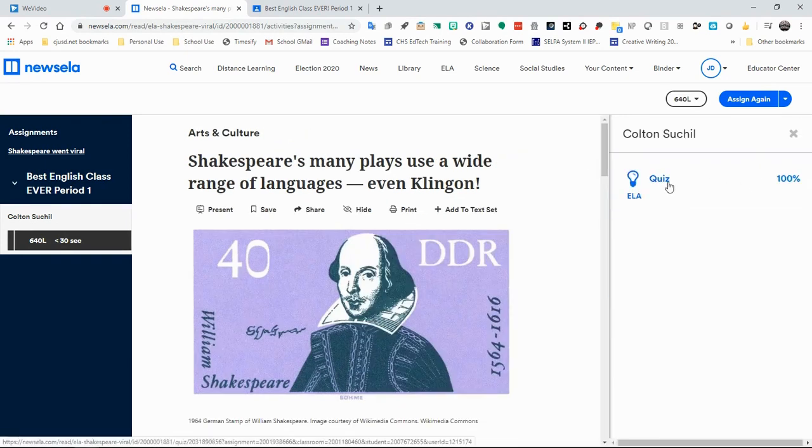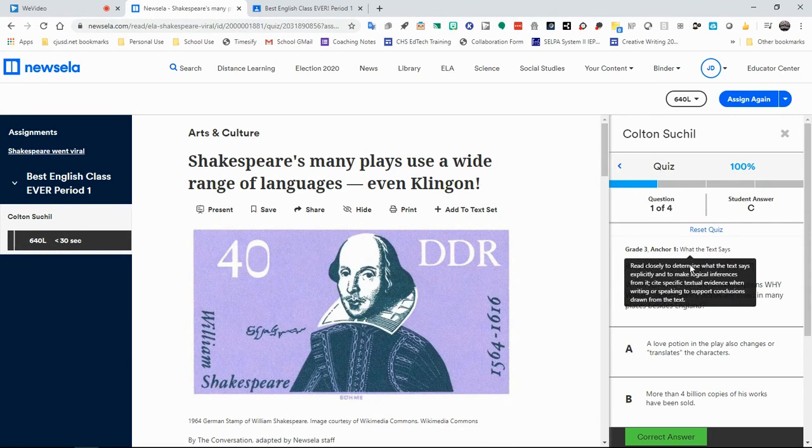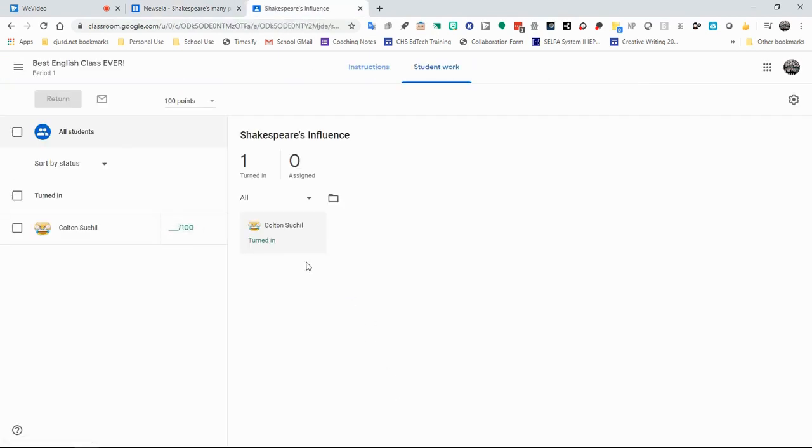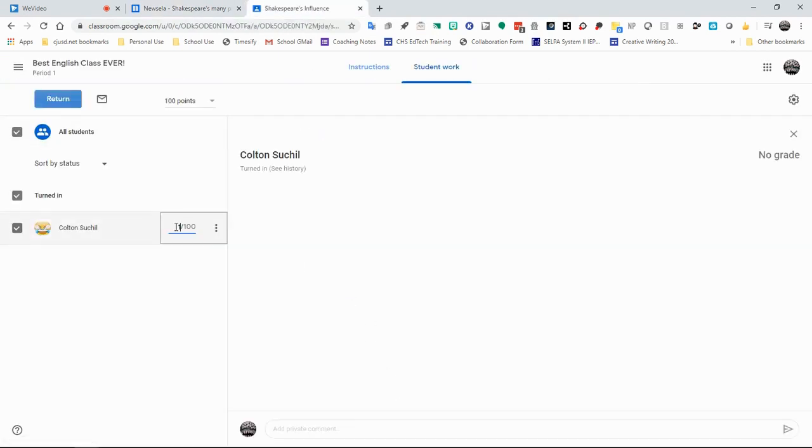So in this one, I only wanted my student to answer the quiz, and as you can see, the student scored 100%. Pretty cool. Depending on the activity, Newsela will give you different options. For example, with writing tasks, you can return the assignment to students for revision. Once you are done reviewing your student's work, you can return to your Google Classroom, click on the assignment, and grade the student's work. If you are creating assignments for students with different lexile, you will have to do this